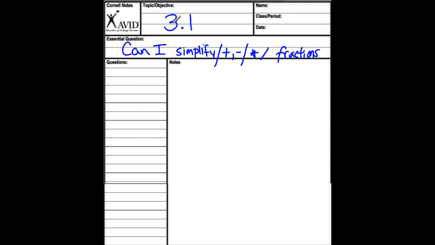So first thing, just making sure we can simplify fractions. So let's put that on here. Simplify. And again, this really isn't in the next chapter. This is chapter 11 in your book. And really, they don't have any non-algebraic fractions. But we need to practice a little bit first without the variables just to refresh our brain from 5th or 6th grade. So if we are simplifying 18 over 32, without any variables in it,